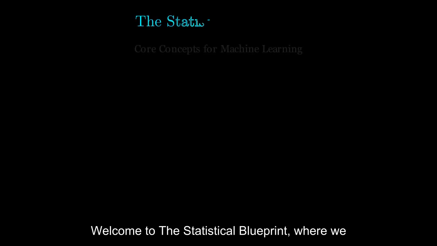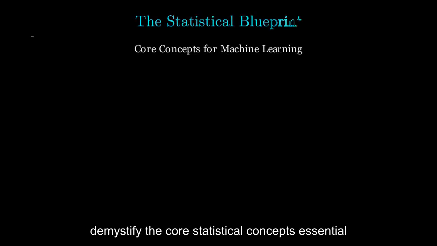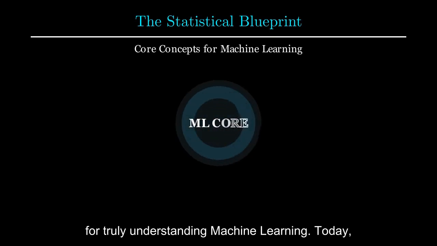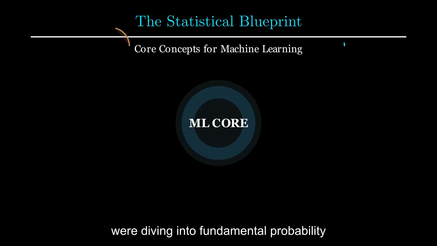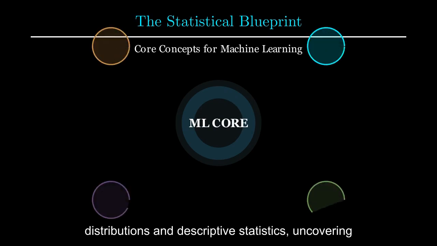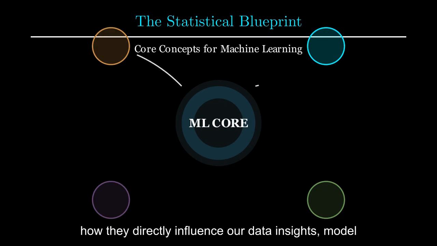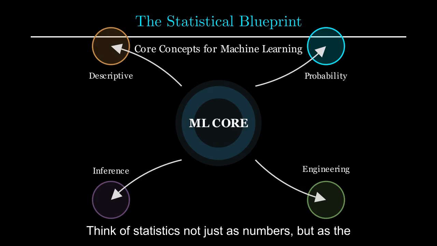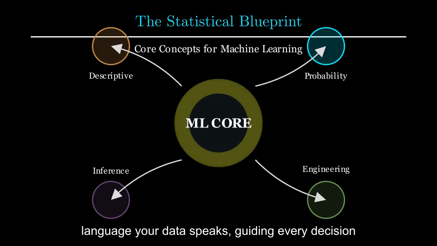Welcome to the Statistical Blueprint, where we demystify the core statistical concepts essential for truly understanding machine learning. Today, we're diving into fundamental probability distributions and descriptive statistics, uncovering how they directly influence our data insights, model assumptions, and even how we engineer features. Think of statistics not just as numbers, but as the language your data speaks, guiding every decision you make in